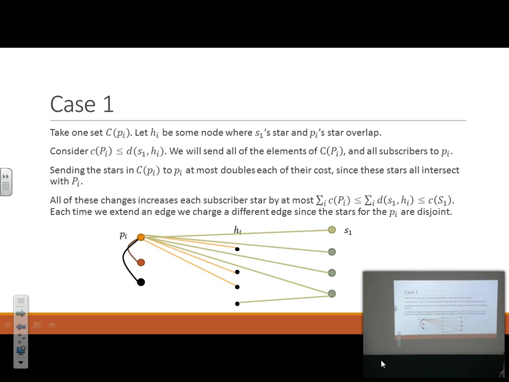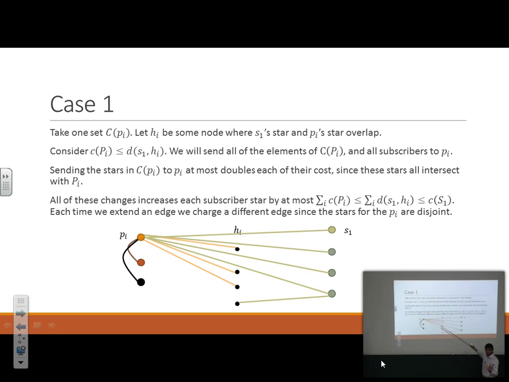Well, let's take a look. Now let's change our orientation. Let's think of ourselves as being one of these subscribers. How much in total do I pay to shortcut and go into one of these PIs? Well, I pay the cost of my edge to the hub, and then from the hub, I pay a cost of PI star. If I sum that over all of the PIs which are building hubs like that, I'm paying the cost of each of those edges going to those hubs.